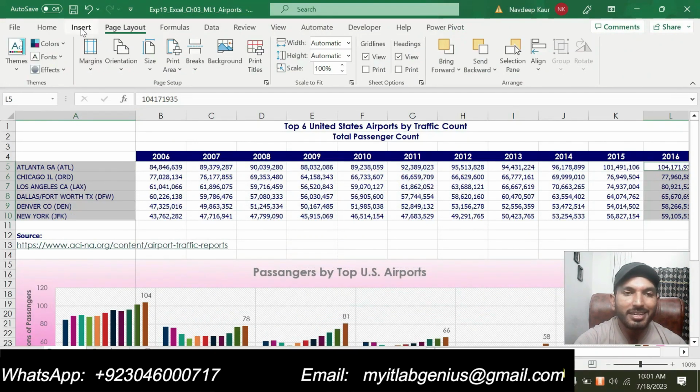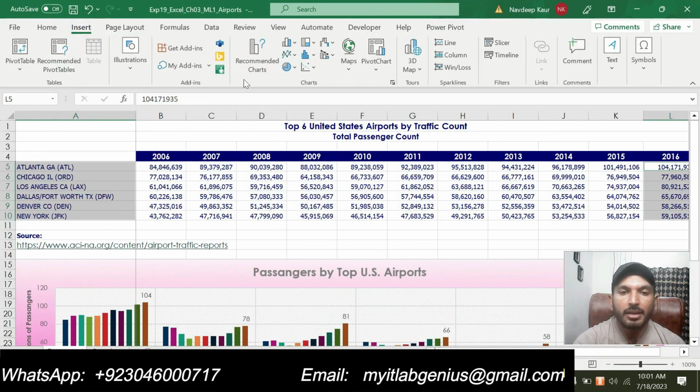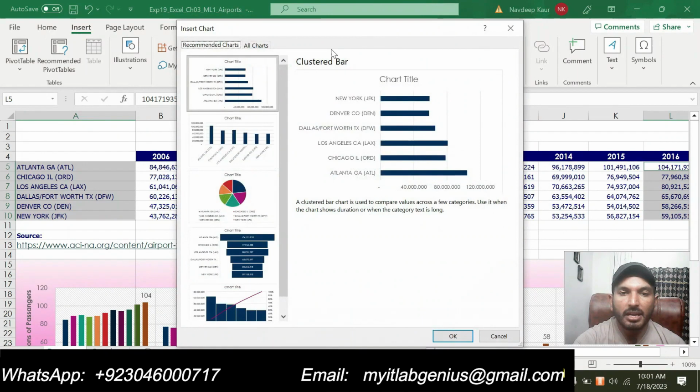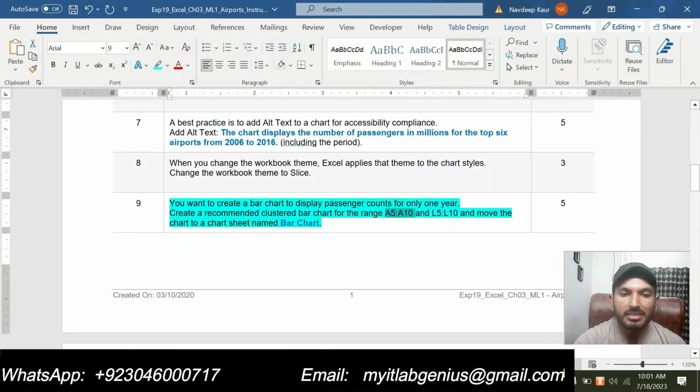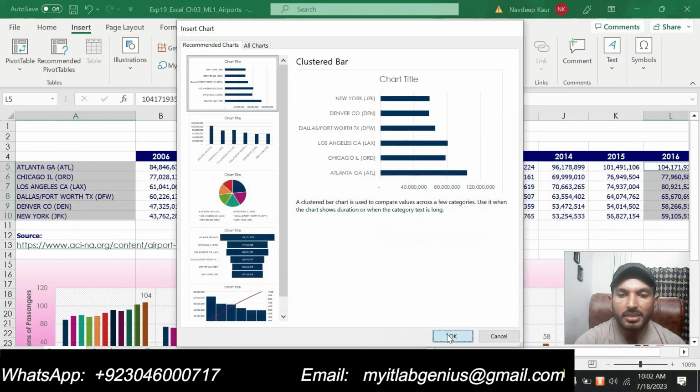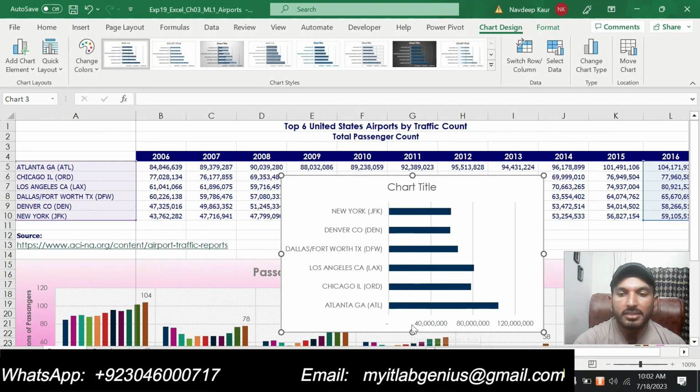So we simply click on the insert tab and click on the recommended chart, and you can see that it is showing the clustered bar chart, and we are supposed to insert this clustered bar chart as mentioned in the instructions, this one. So I will simply click OK. I have inserted the clustered bar chart, and now we are supposed to move this clustered bar chart to a